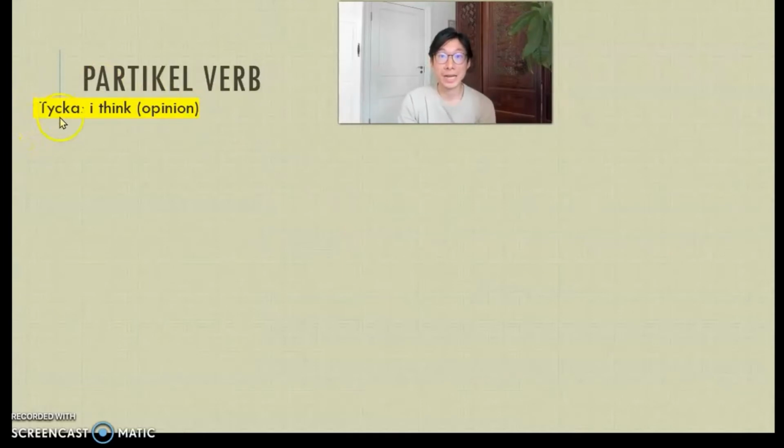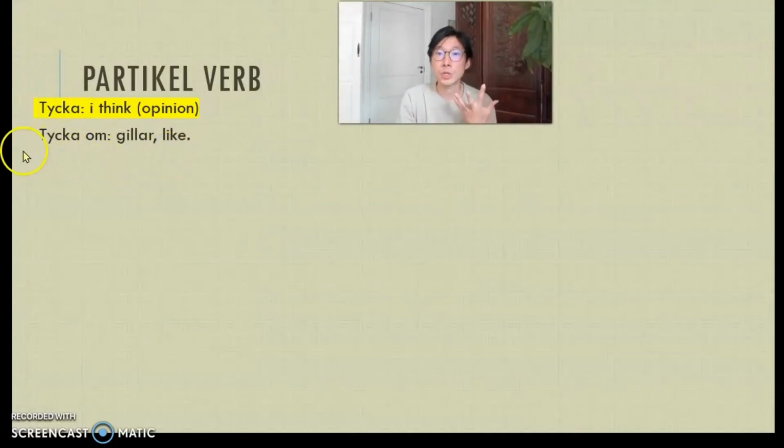So tycka means I think, but it's not helping to translate it into English as think, because in English think can be separated into 3 different verbs in Swedish. We have tycka, tänka och tro. If you are still confused with it, my tip is to forget about the translation. You need to think about the function. Tycka is for opinion. Tänka is for the neutral, what you have in mind, for the neutral state. And tro means you are uncertain, you're guessing. Tycka here means you have an opinion. So tycka, in my opinion.